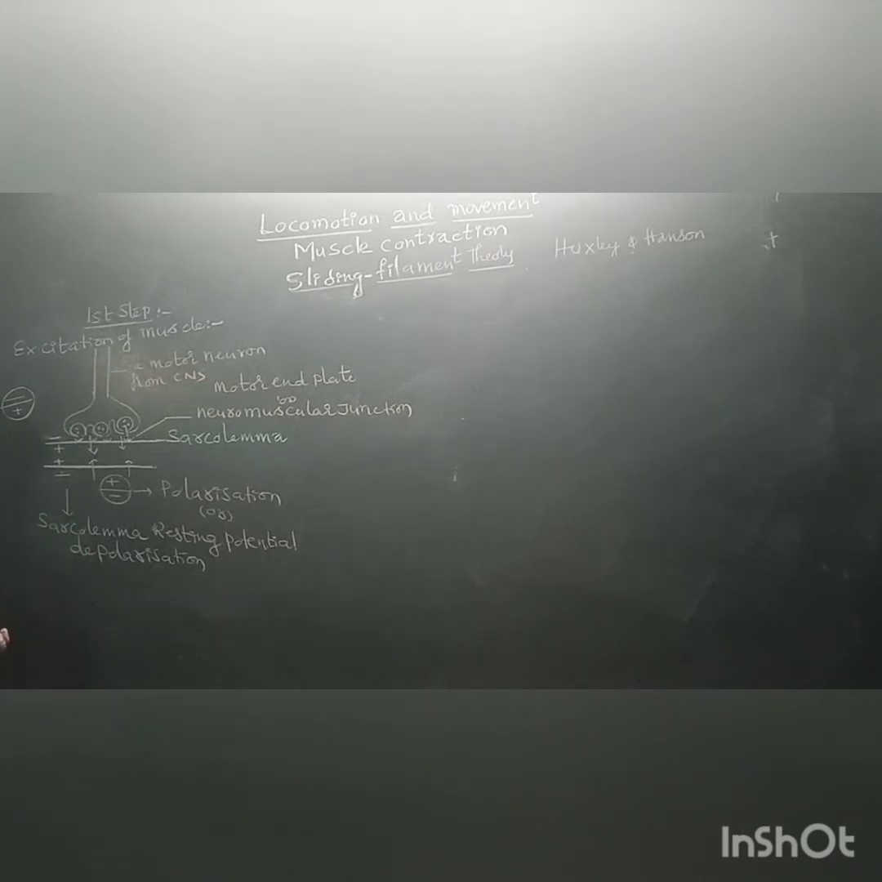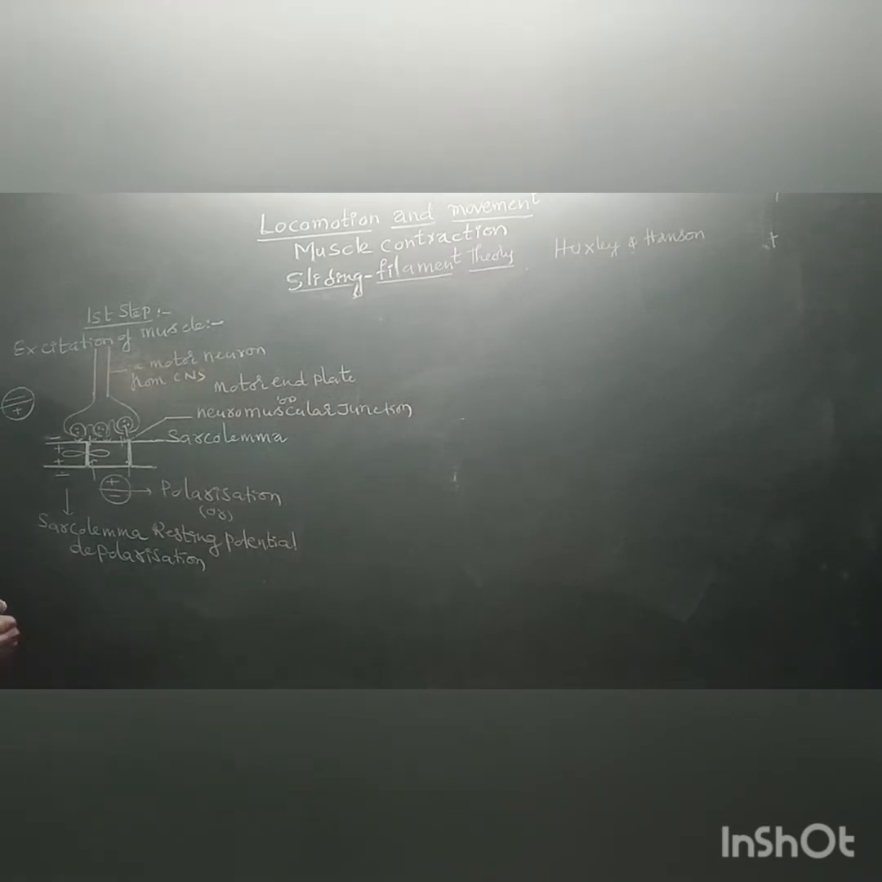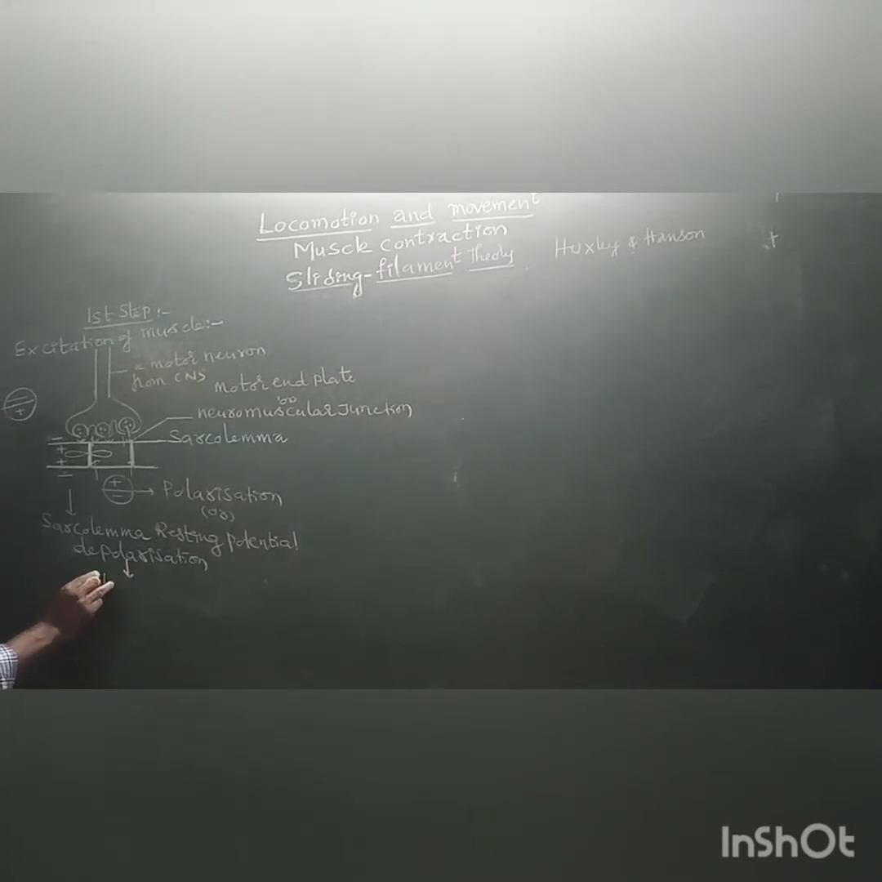The same depolarization wave is rendering into the triad system. The meaning of the triad system I explained in the previous class. If you want to know that, please check it out. And this is the T tubule and these are the terminal cisternae. Therefore, when the sarcolemma undergoes depolarization and that depolarization wave is entering into the triad system,